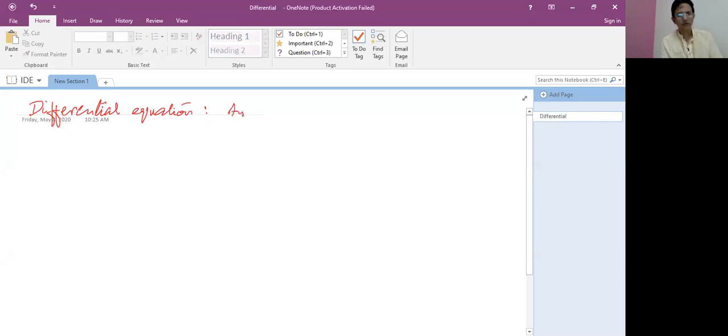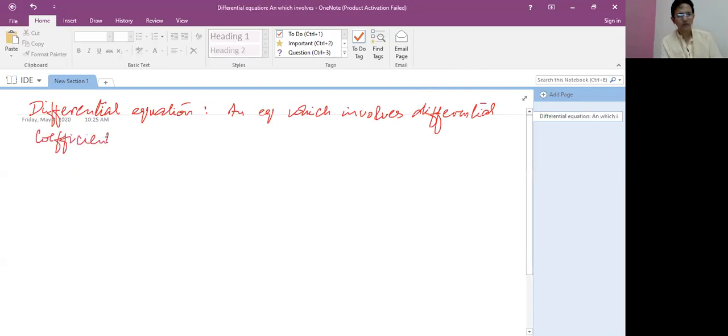An equation which involves differential coefficient is known as differential equation. I give you an example, student. For example,